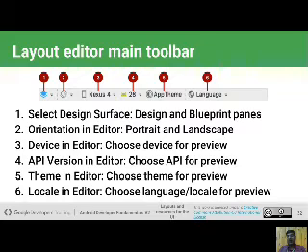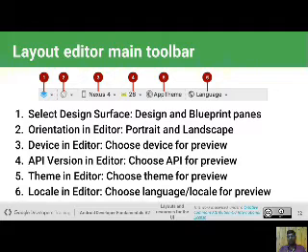When you connect any AVD or any physical mobile to your Android Studio, that device is shown in that panel, and you can choose another device by clicking this button. Next is API version in editor. It is important which API is supported by your mobile, so you set the API of the layout according to your mobile.